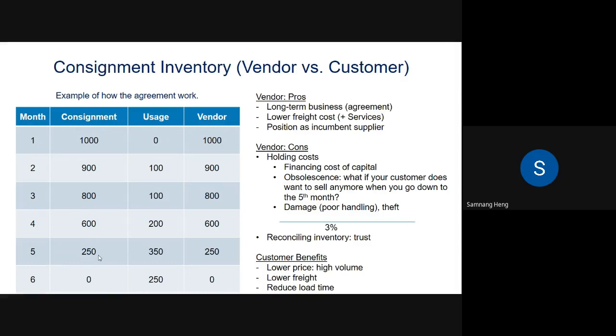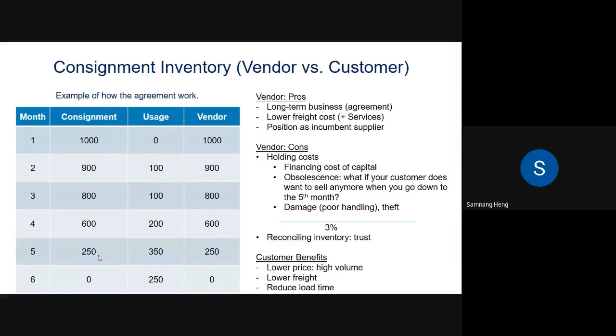All right, from the customer perspective, let's say the buyer. With a consignment agreement, they could get our product for a lower price, because the vendor wants to infiltrate the market and wants the customer to help introduce our product to the consumer. So we need to give them a lower price so they could make some profit. And usually we do it with economies of scale.